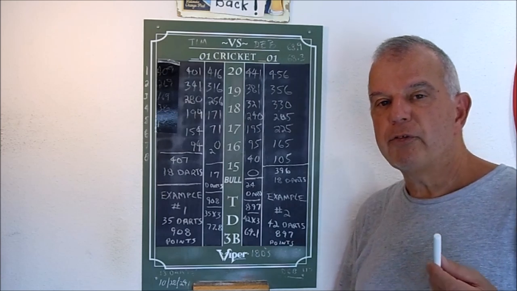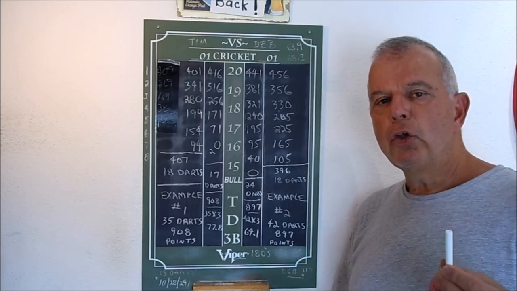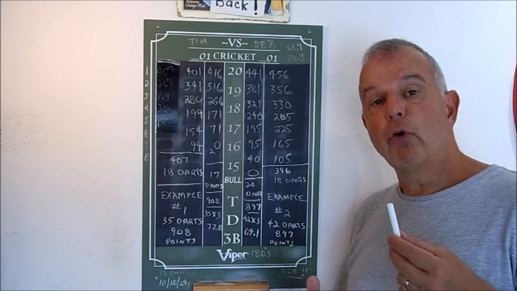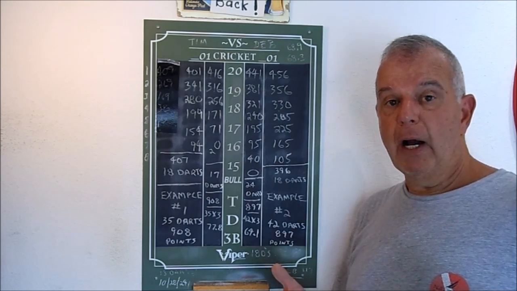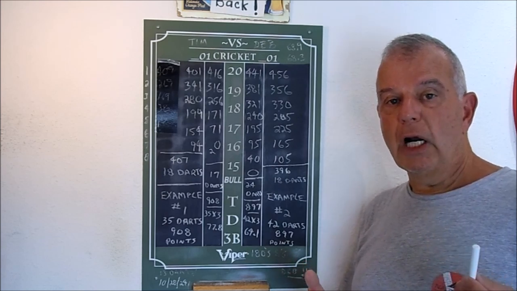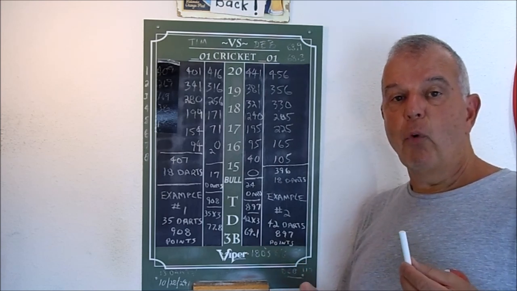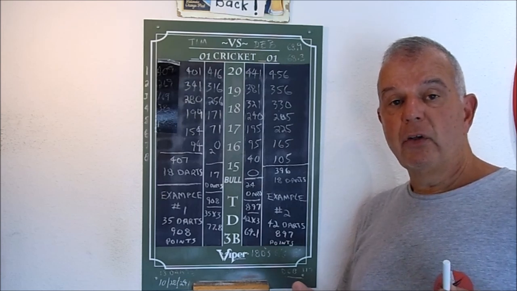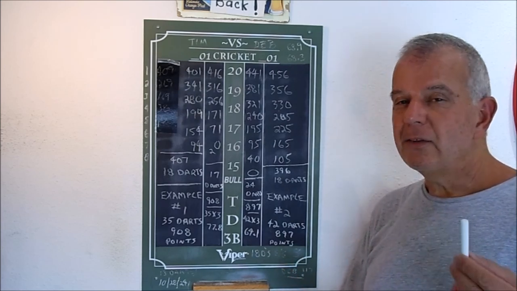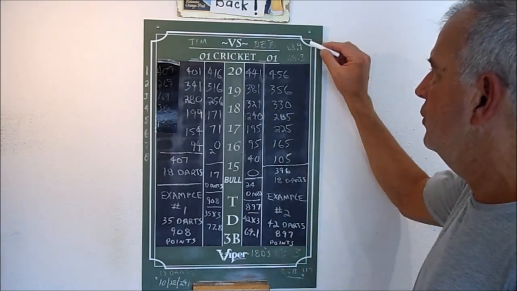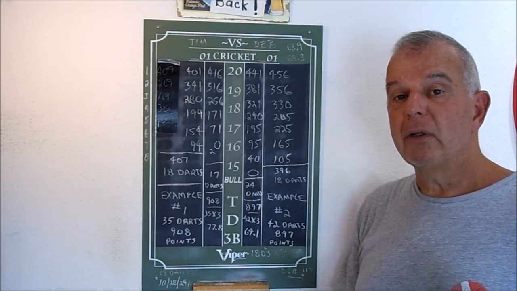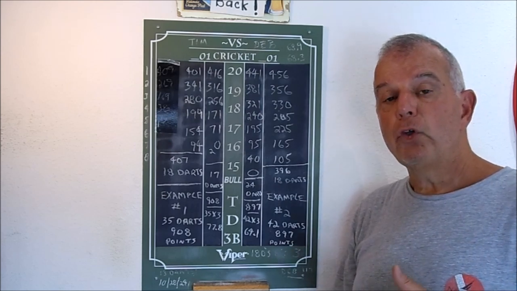And it's very different from saying, let's say you threw a 20 dart leg and you went out, and then you threw a 24 dart leg and you went out. If you took the average for a 20 dart leg, which is 75, and the average for a 24 dart leg, which is 62.6, you add those together and divide by 2, it doesn't really give you your average, because it gives you 68.9. It says that's what your average is, but it really isn't, because what you did was you took out